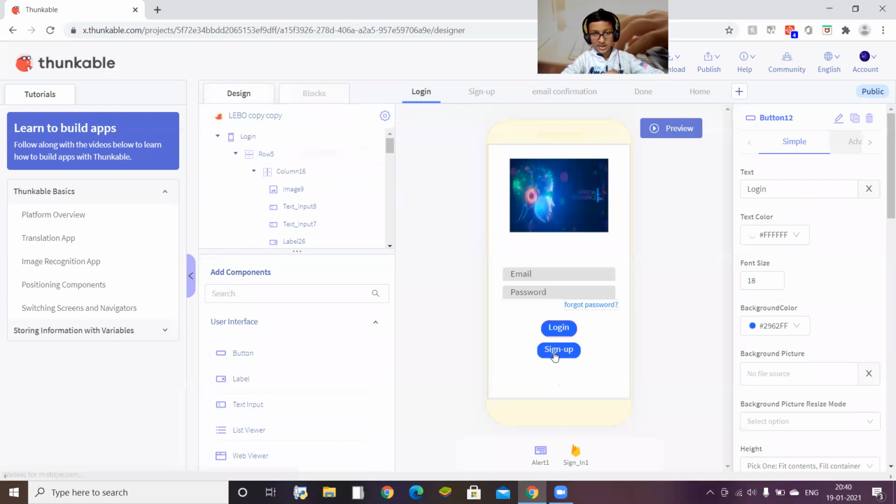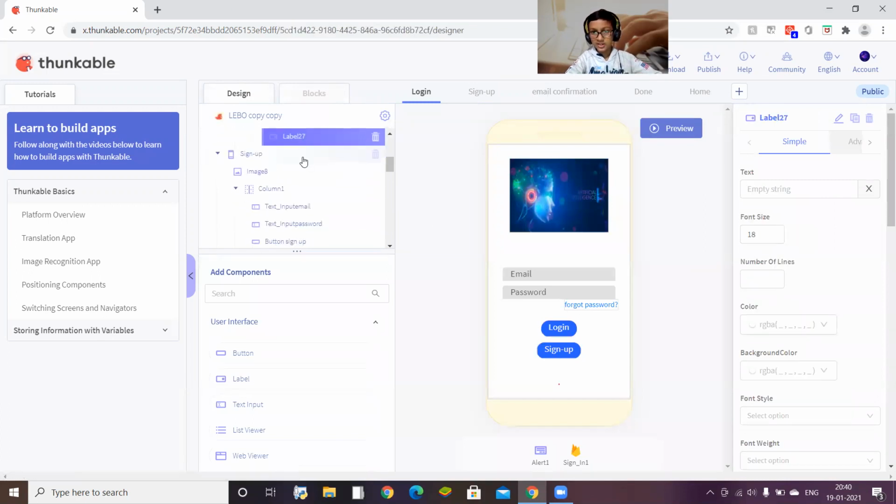I forgot to tell you this one. You can add one more label. Suppose while login, your internet connection is very, very poor. You know what will happen? Actually, it will disconnect from the server. And you have to throw an error to show the user, or else the user will think that this app is just nothing. They will not use this app, and they will think bad things about your app.